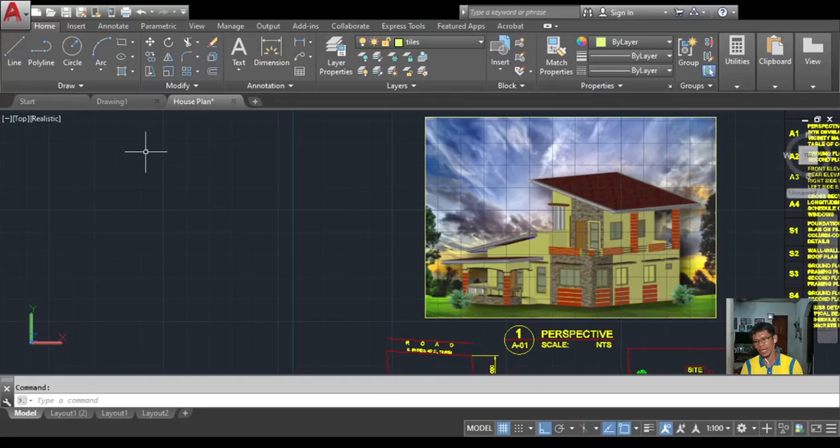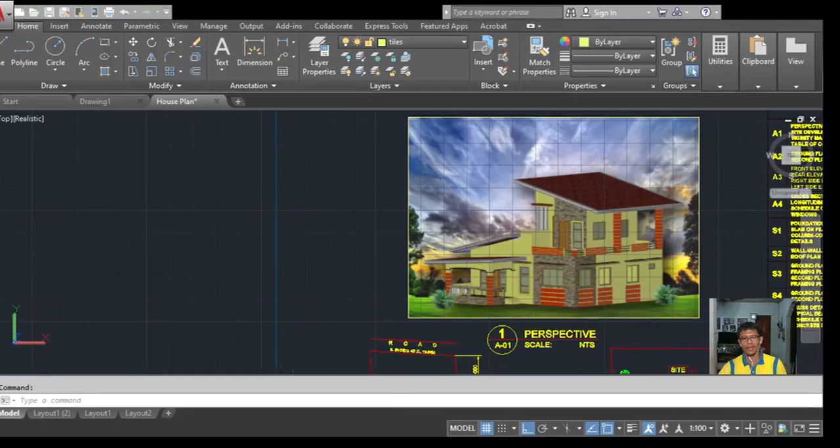But prior to that, you must know the different mouse operations. Since you are a beginner, if you have a mouse just like this, we have the left button and the right button, and we have here the scroll.